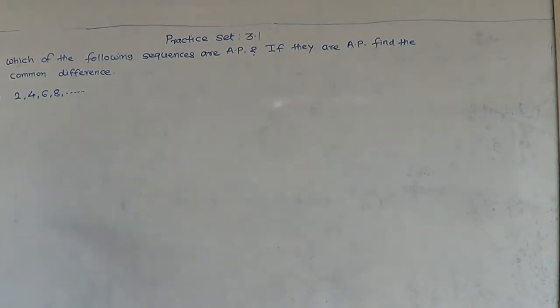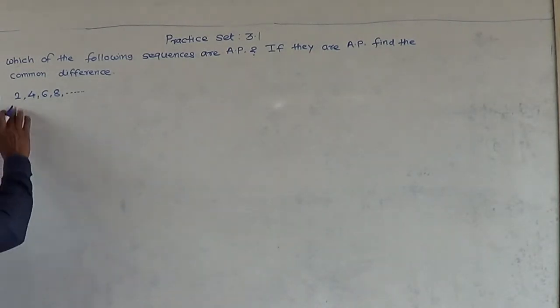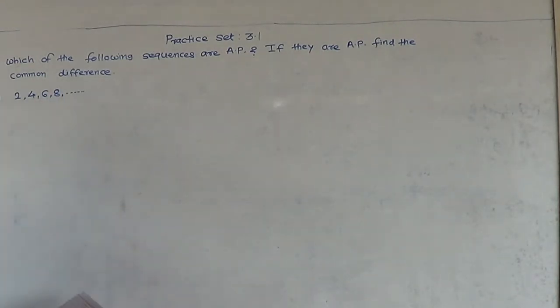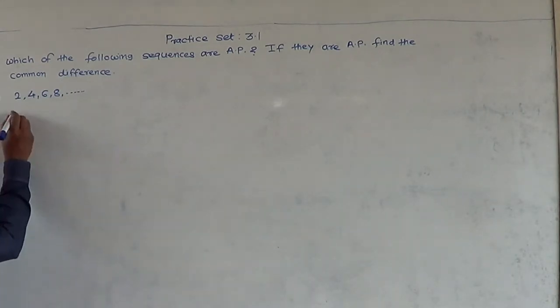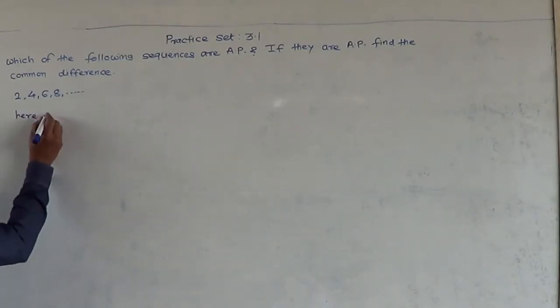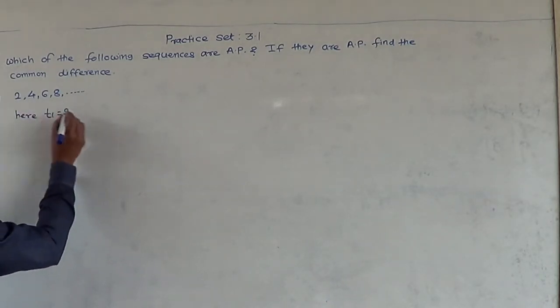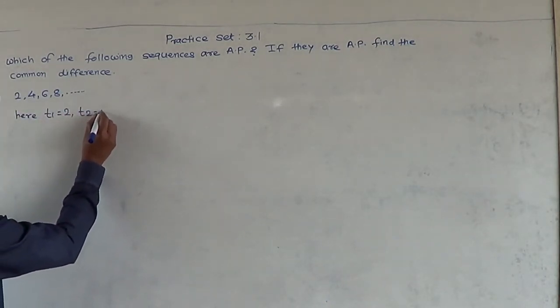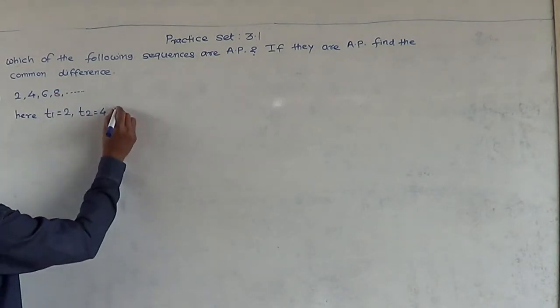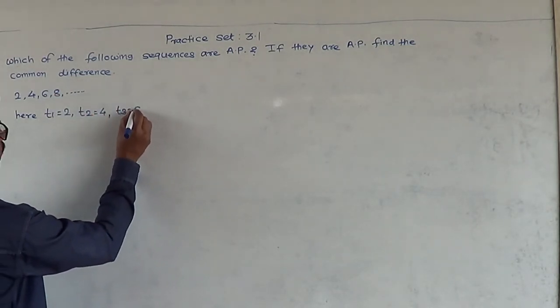So the first example we have is 2, 4, 6, 8 and so on. So here the first term, that is T1, is 2, T2 is 4, T3 is 6 and